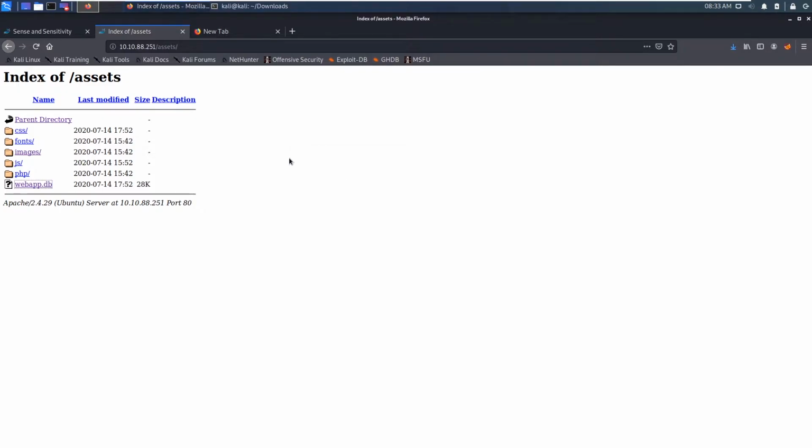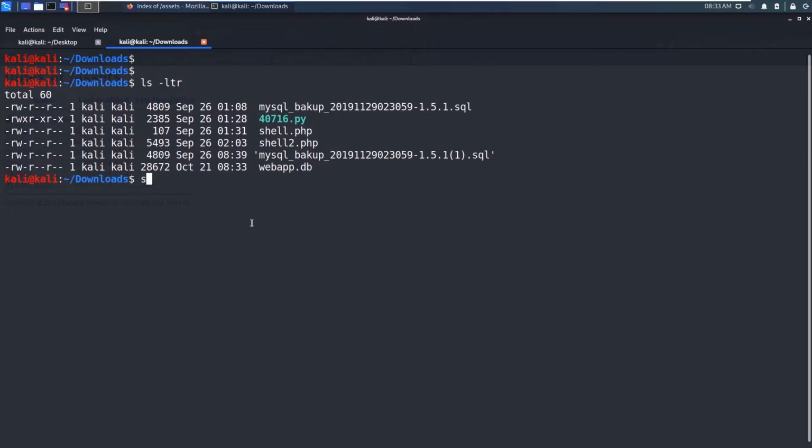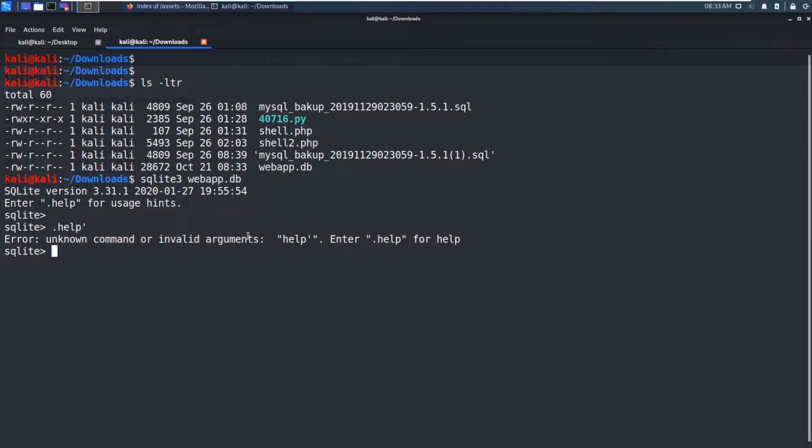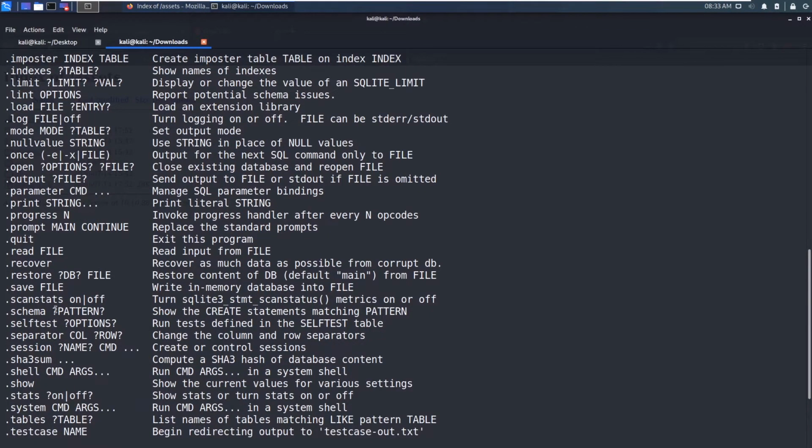So let us save the file and go to our downloads. Let's say ls -ltr, and let me open this using the SQLite 3 application. Now you can see .help for commands I can execute. These are the commands I can execute.